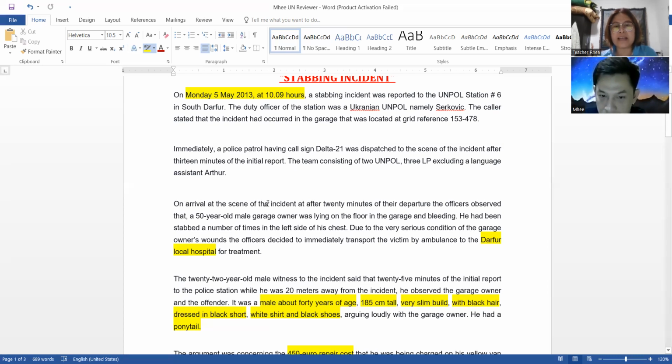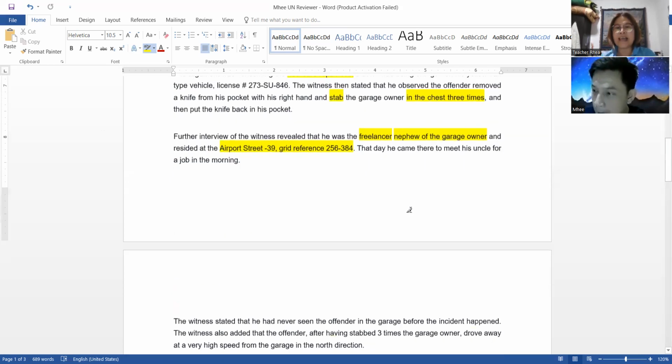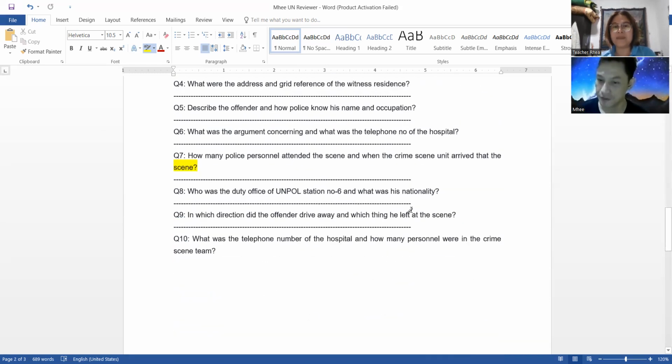On arrival at the scene of the incident, after 22 minutes of their departure. So their departure is 13 minutes of initial report. So that is 10:22, right? 10:22. Yes. So after 20 minutes, it's 10:42. So they arrived at 10:42 p.m. Yes. Then who was